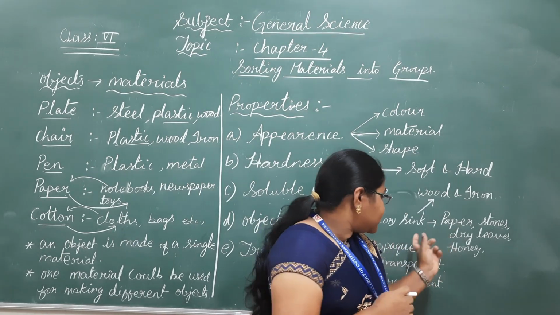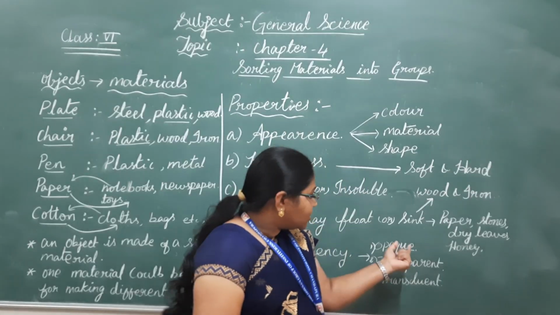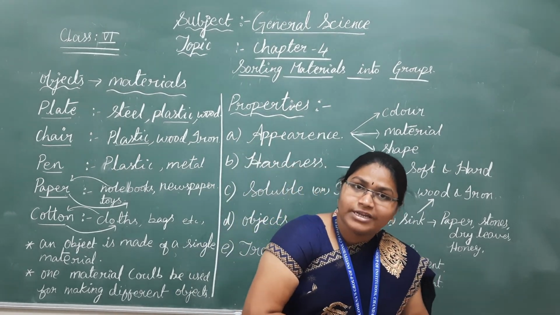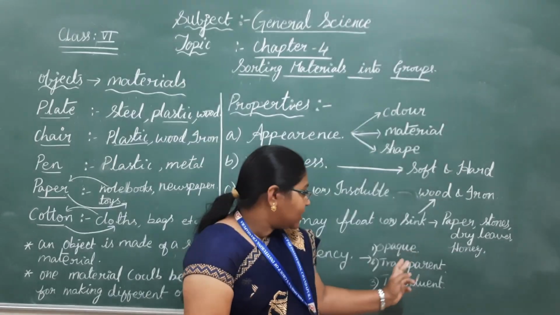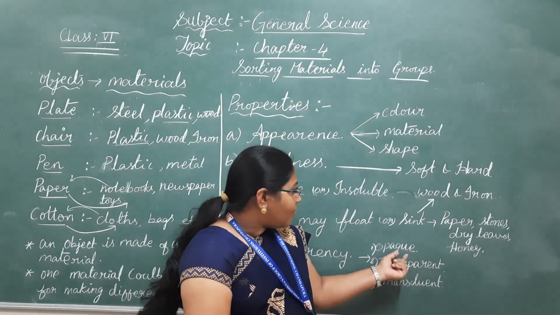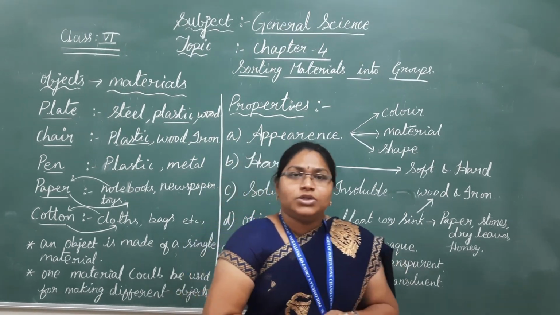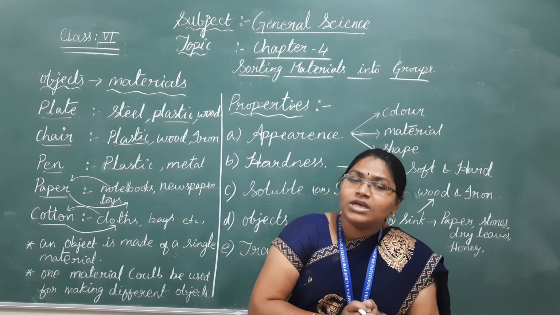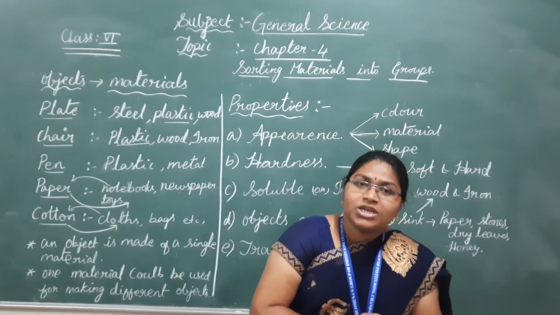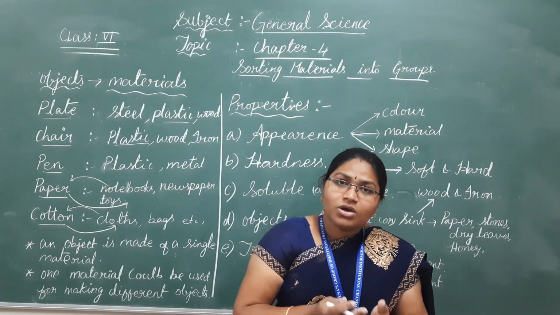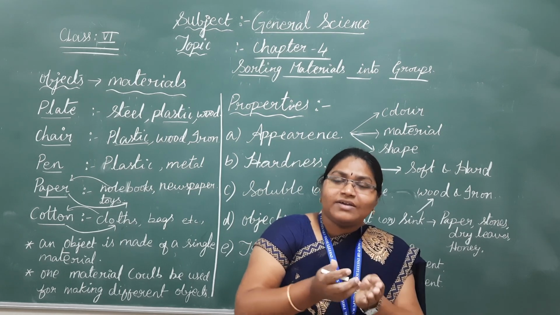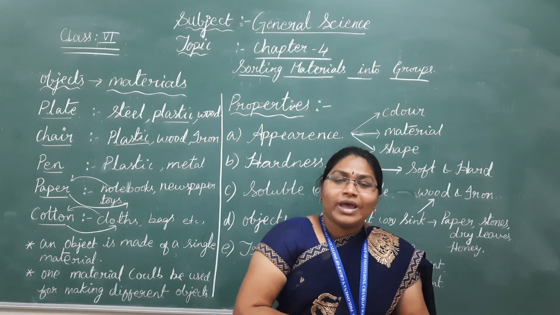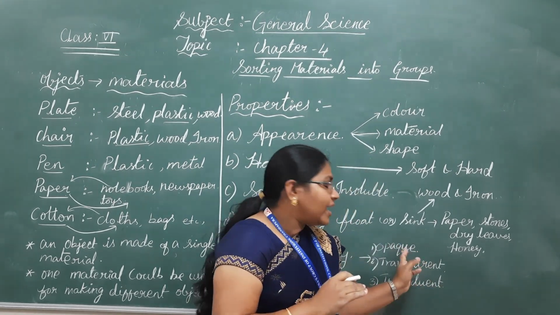Same as in this transparency, three points are given. Depending on these properties also, we can differentiate, we can divide the objects or materials into certain groups. They are opaque, transparent and translucent. Opaque means like wood. For example, if you take a wooden box, whatever you kept inside the wooden box, you cannot see. Why? Because the object is fully closed. Whatever material is inside, or any valuable things you kept, you cannot observe. Why? Because wood is an opaque material.